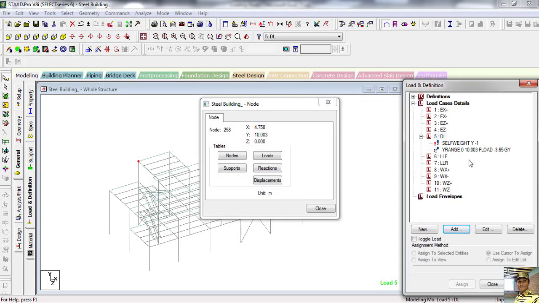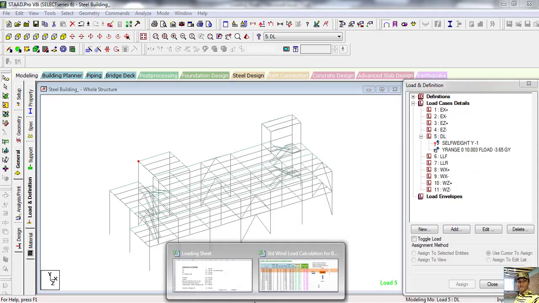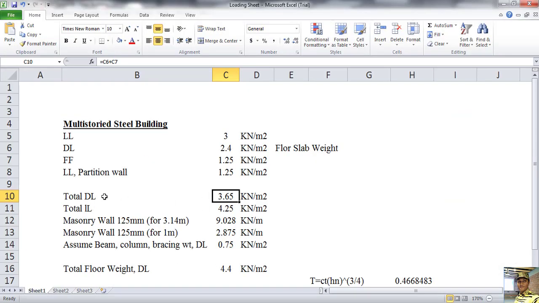Now we also define the masonry load. Now see here, masonry wall 125 mm, and for our first floor height 3.14 meter. Now see, 125 mm brick wall, height 3.14 and 23 is brick wall unit weight.